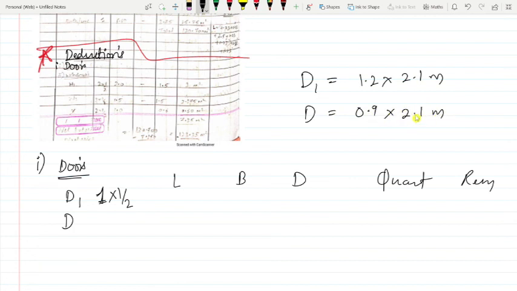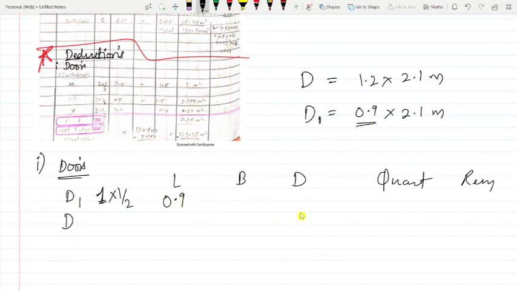So do you know what is the thickness of D1? Sorry, small mistake I made. 1.2 meters is D1, and for D the length is 0.9 meters.